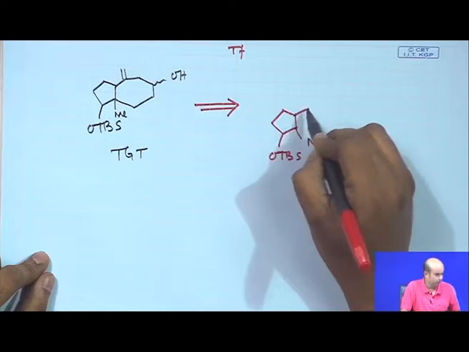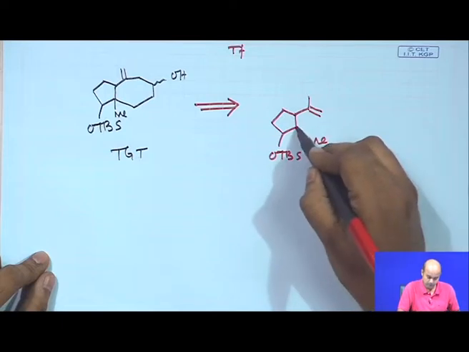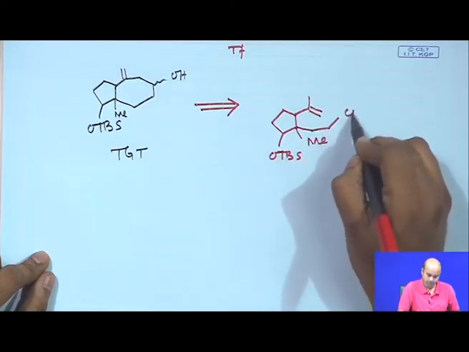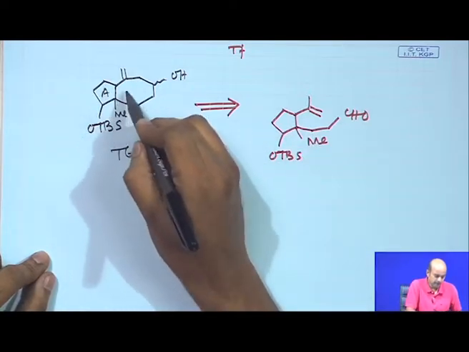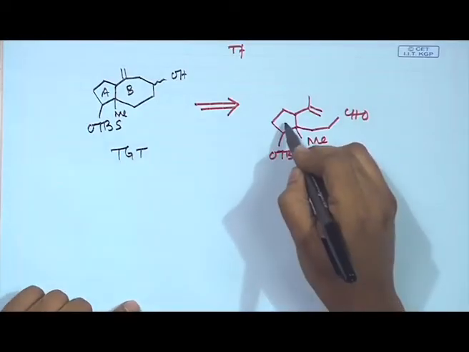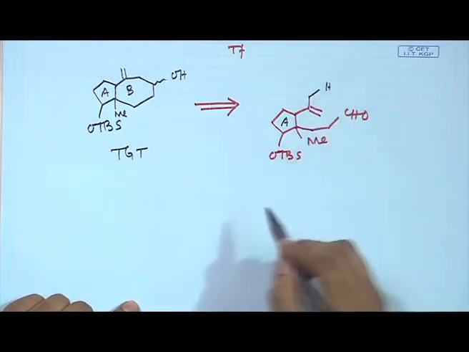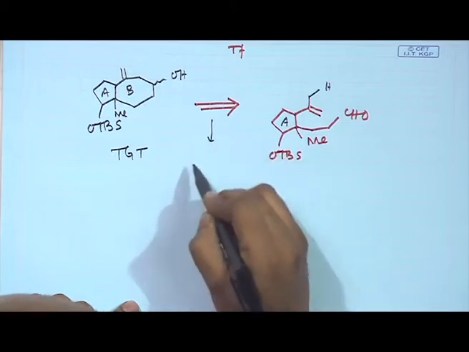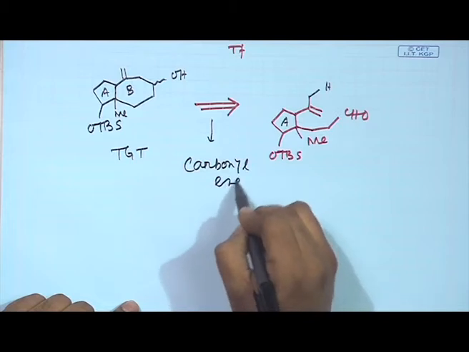Now, this reaction might be known to you, might not be known, we will figure it out. You see, the first retro which we draw is based on this kind of transformation. We see the ring A and ring B. Earlier we explained that cyclopentane containing starting materials are easily available. So, we kept out the cyclopentane containing part as ring A, and then the reaction which we will be discussing here is basically known as the carbonyl ene reaction.